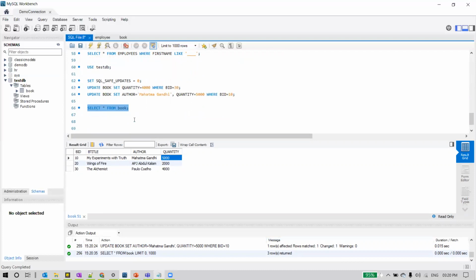So this is how we can update data in a table by using the update statement and having a where condition, so that the rows will be filtered and only for a particular number of rows based on our condition the update statement will be applied. And one more thing is we can modify the values on more than one column at a time.